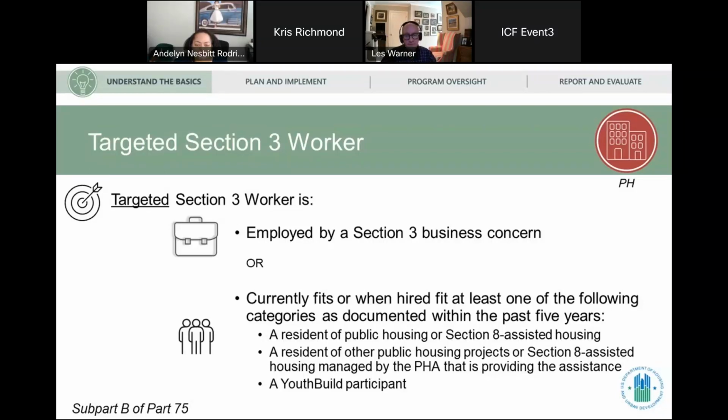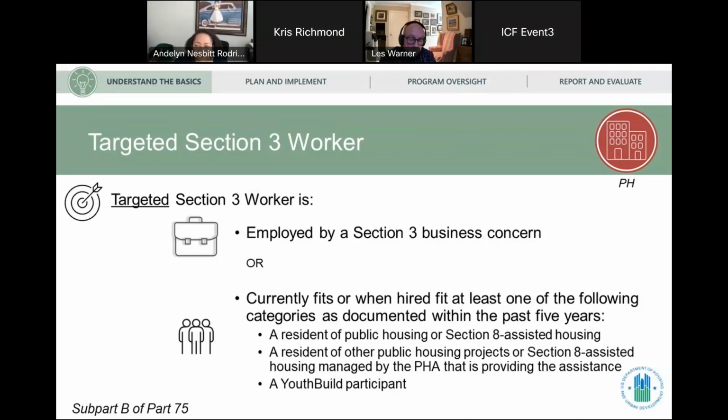But in the absence of that, we would be talking about whether they currently fit one of these criteria listed below, or fit at the time that they were hired, and our period is looking back 5 years.